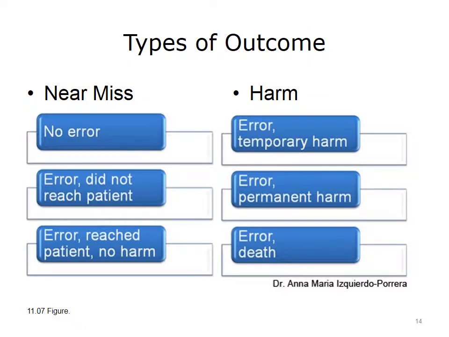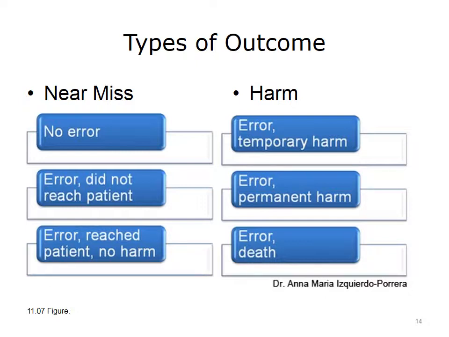It's common to incorporate a risk assessment model into event reporting systems. This model is used as a tool for priority setting, as well as to track outcomes. In addition to a harm category with subcategories of temporary harm, permanent harm, and death, most systems include a category for "near misses," or circumstances that had the capacity to cause harm. This can include situations in which there was no error at all, but a risky situation was noted and fixed, such as noting that the emergency drug box had not been replaced.